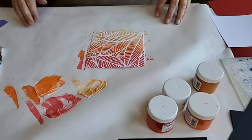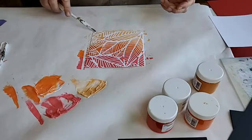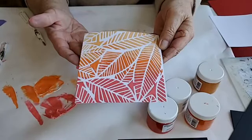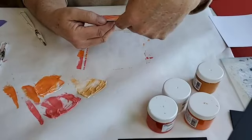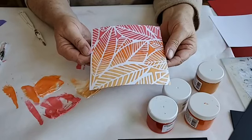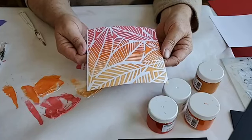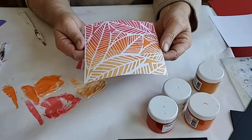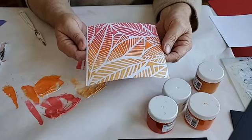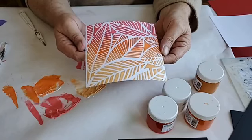That's so pretty. Now, I've got a vivid imagination. So to me, right away, we captured that look of, I'll bring it up to the camera so you can see a little better. See how it fades from that, I'll turn it over so you can look at it this way. That beautiful crimson down into that marigold, into the apricot. It looks like a tropical sunset. And the cool thing is, since we blended it with the light and fluffy, it's very light. It doesn't add weight to your paper or anything. It's very minimal. And when this is dry, we can cut this with a paper trimmer,